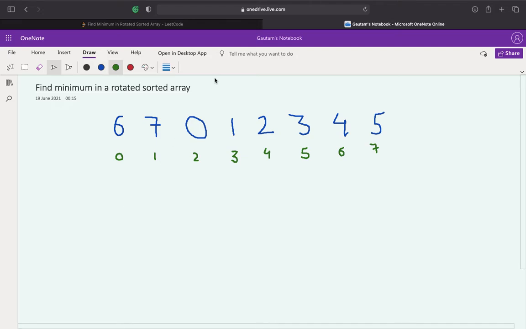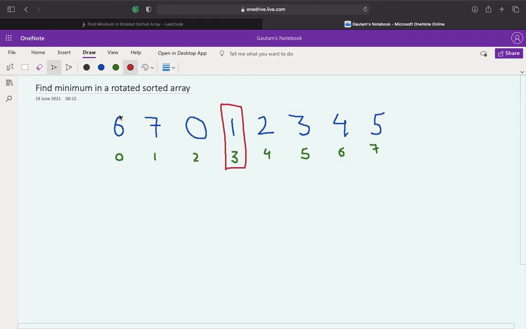What we're going to do is, as usual in any binary search algorithm, find the middle element, which is low plus high divided by 2. So the middle element is going to be this one. Now we need to find whether the left part of this middle element is sorted or the right part is sorted. How are we going to check this?